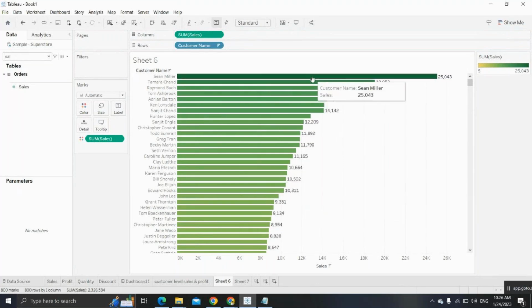Once you make a descending order, the highest value is this. From there, the top 10 customers we need to display. Generally, what is the option we use to display the top 10 customers? We can go for